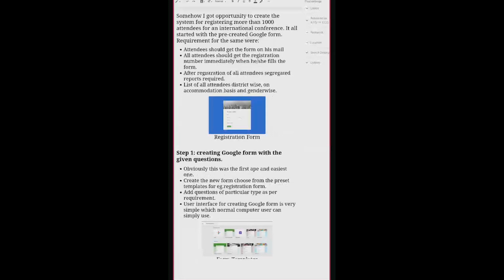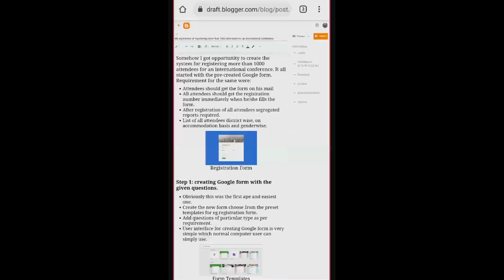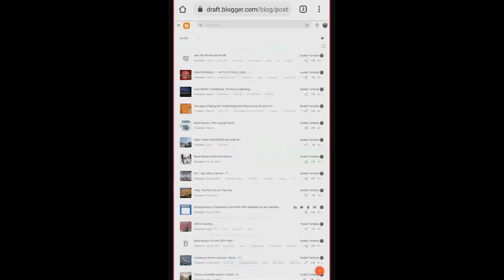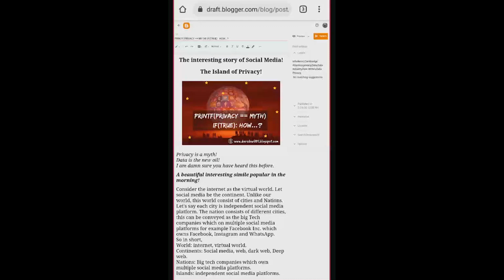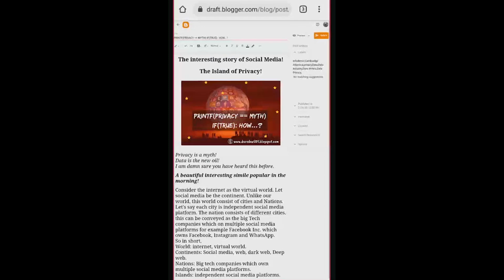Now, there was one part, labels. So I will go to this article to tell you how labels work. So here are some labels listed here. Labels are relevant words that help your blog in search engine optimization.